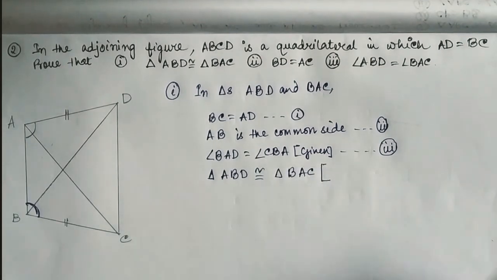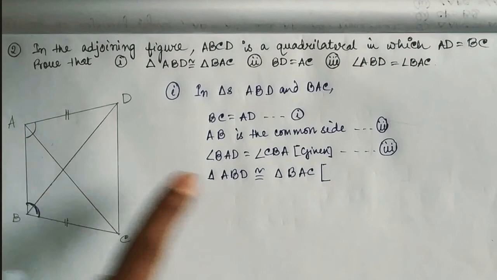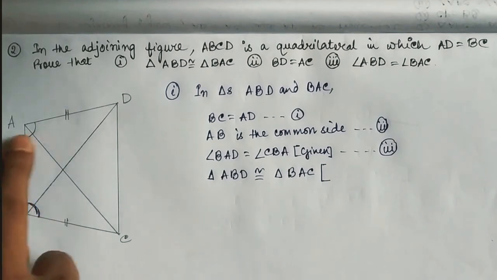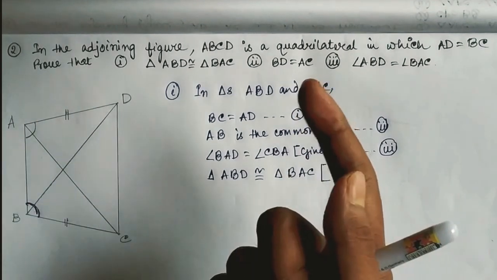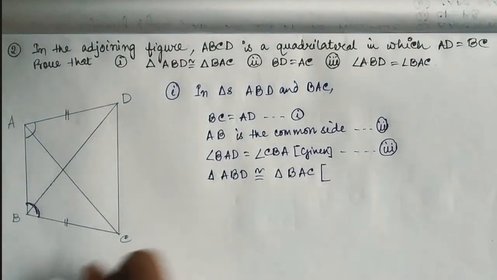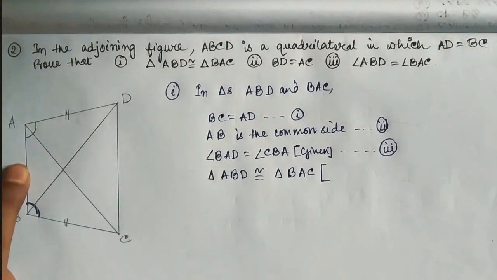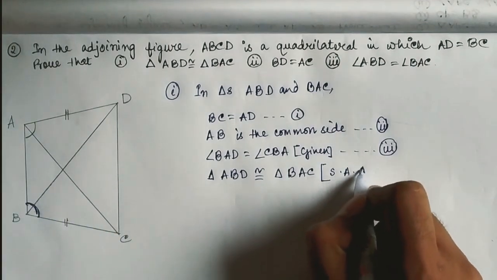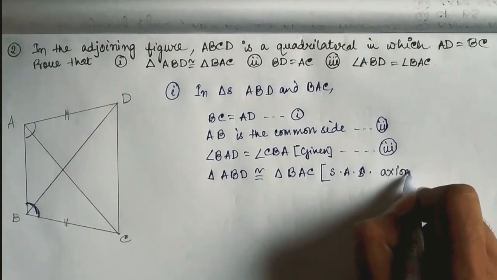Now what axiom we will apply here? See, this was our common side. To understand which axiom we have applied, let's follow only one triangle. See, in this triangle, this was the common side which was same in both the triangles. Then we had this angle, which was equal to this angle in another triangle, and then we had this side which was equal to the side AD of another triangle. So for this triangle, all of you closely follow. First we had the side equal, then we had the angle equal, then we had the side equal. So by which axiom are we proving it? By SAS axiom. Is it clear, guys?